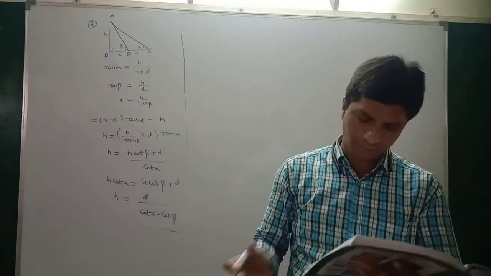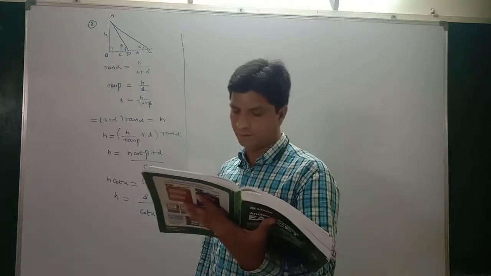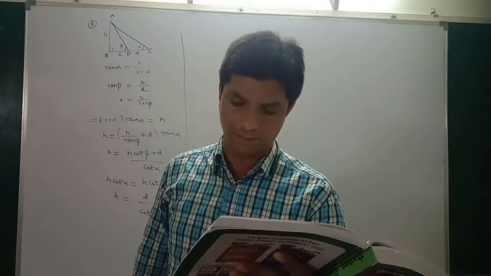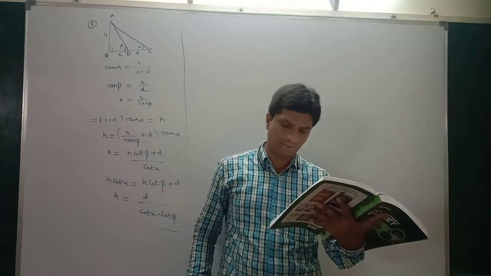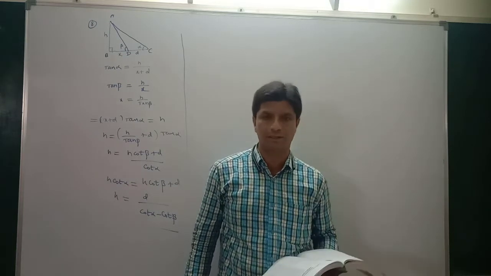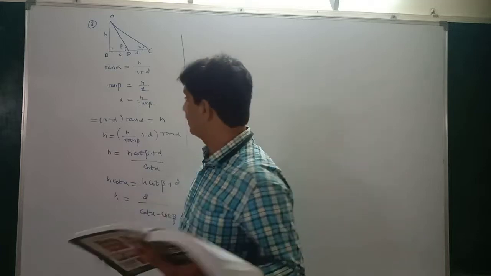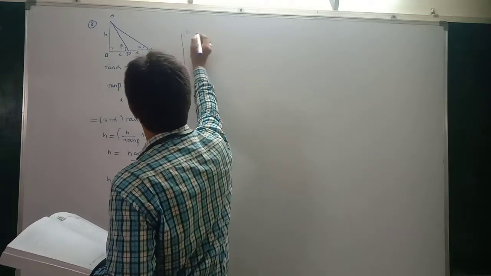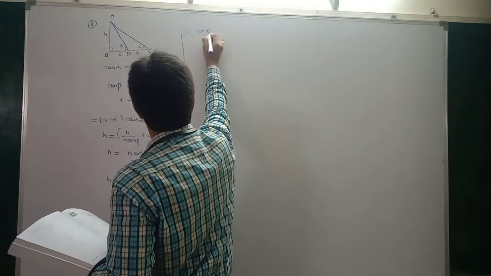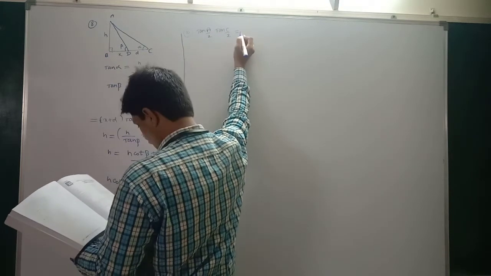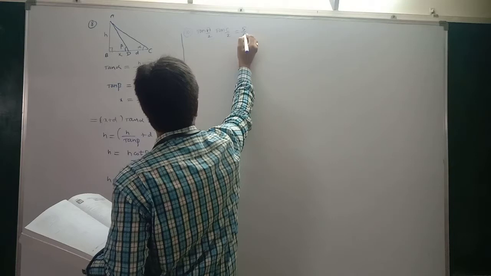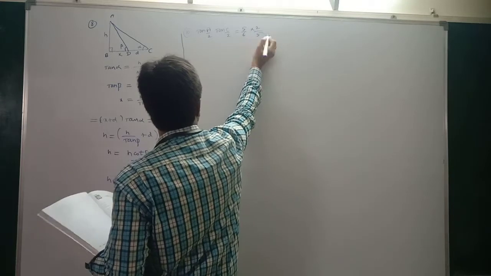Next, the tenth one we can do. We have done this kind of problem before. Tan A by 2 is equal to 5 by 6. Tan C by 2 is equal to 2 by 5. Multiply those two, you will get the answer in terms of a, b, c. Tenth problem, direct tan multiply. So tan A by 2 into tan C by 2 equal to how much there? This is 5 by 6 into 2 by 5.